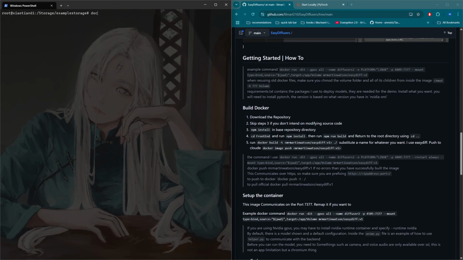So we're going to do docker run --detached, feed it all our GPUs. I'm going to call it diffq. We need to specify the platform. This should always be Linux. Our port number, I'm going to choose 7788. The internal port is 7377. I'm going to do restart always,